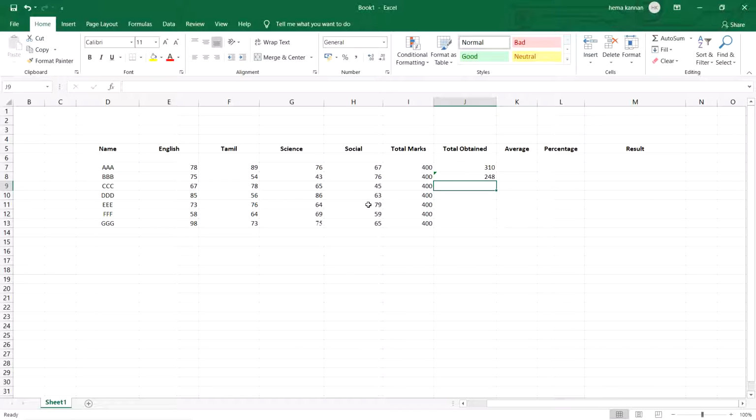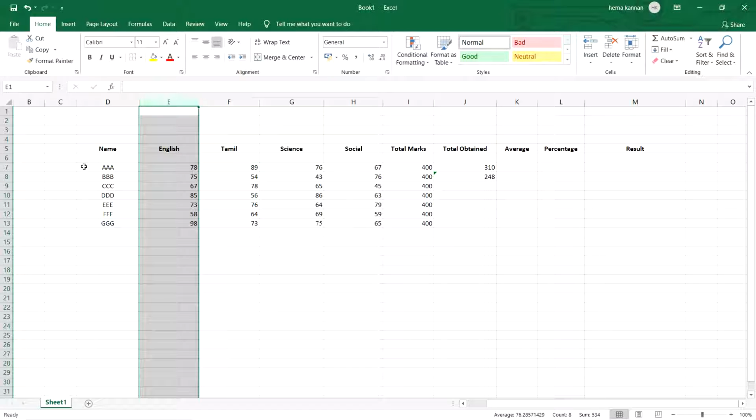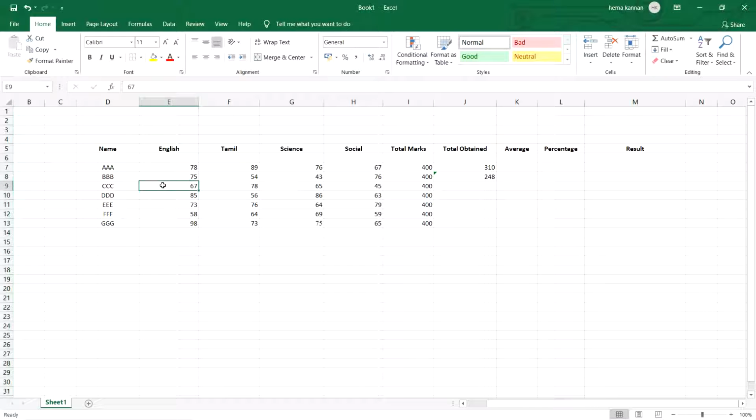Before entering, you should know the cell name. Here, this is the column alphabet and these are all the row numbers. So if we select this cell, the cell name will be E9, that is column E and row 9. So we can arrive at the cell name by selecting the cell.